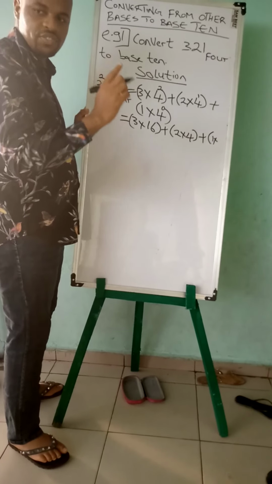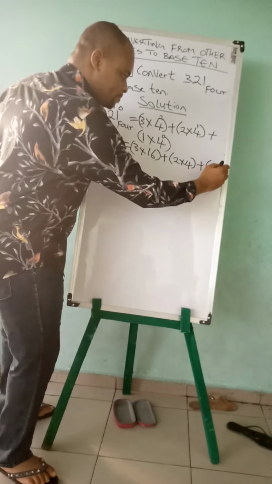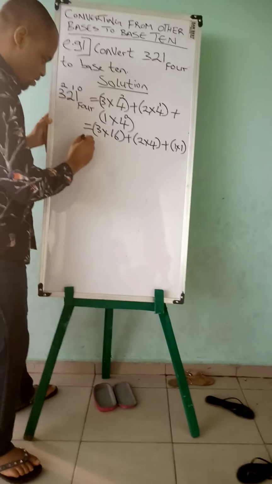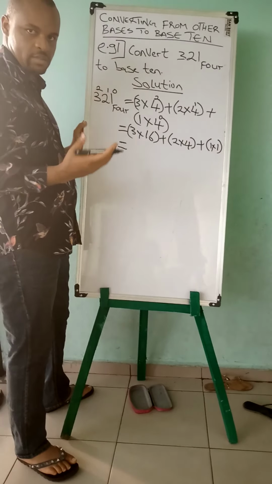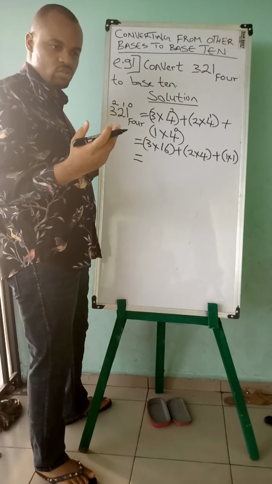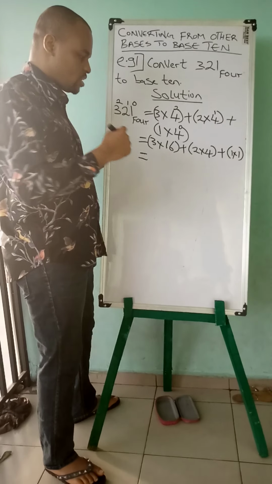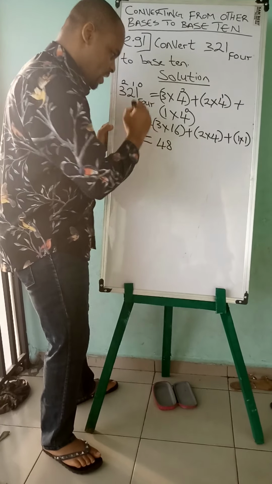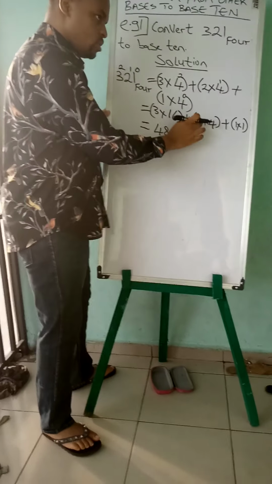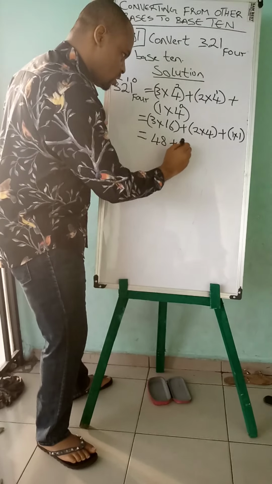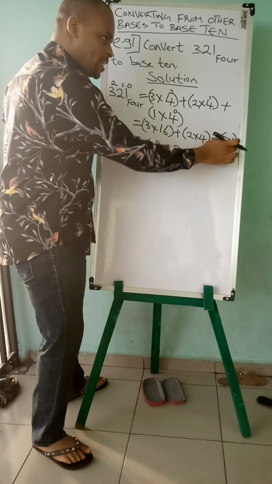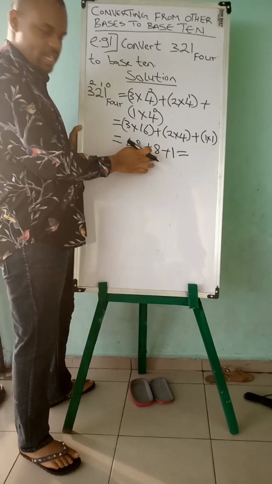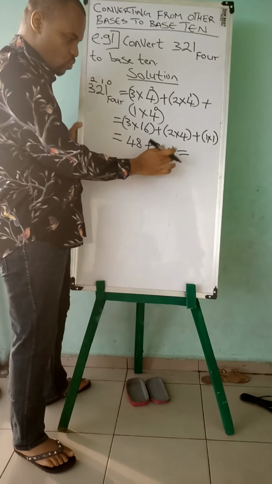Any number to the power of 0 is 1. So let's multiply out. It's allowed to use your calculator. Me, I'm not having any calculator, but it's always good as a student to have your calculator around you. 3 times 16 is 48, plus 2 times 4, 8, plus 1 times 1, 1. 48 plus 8 is 56, plus 1,